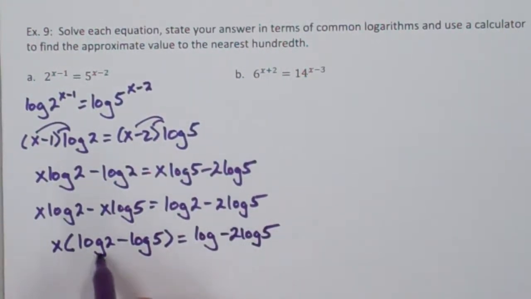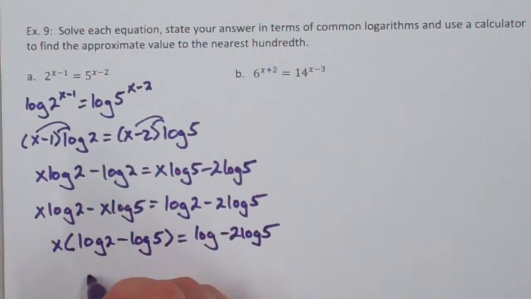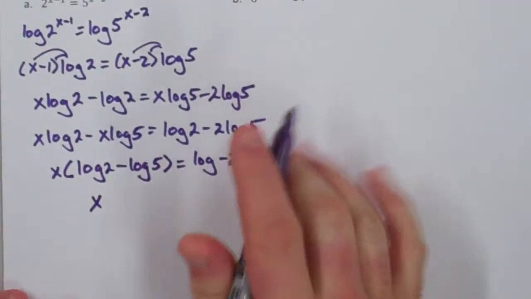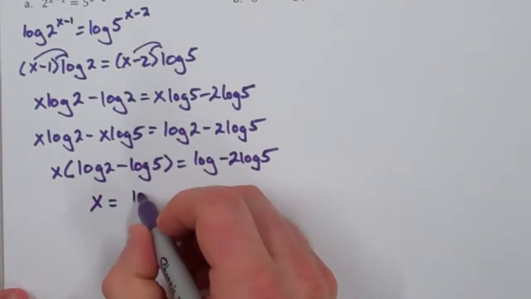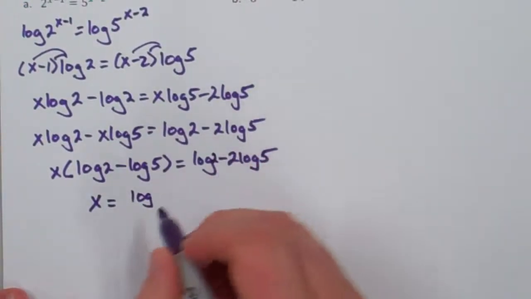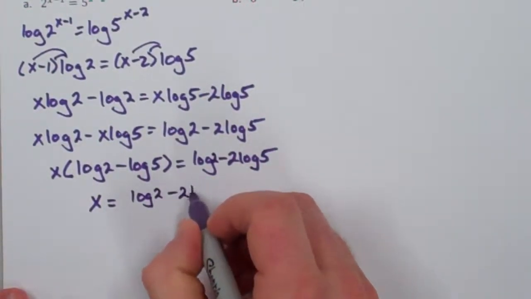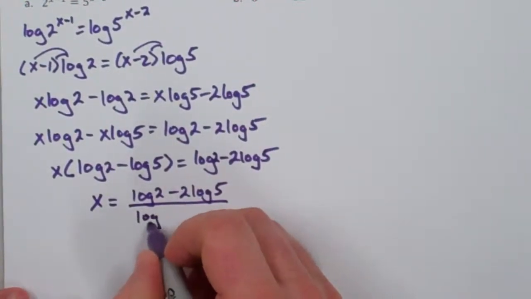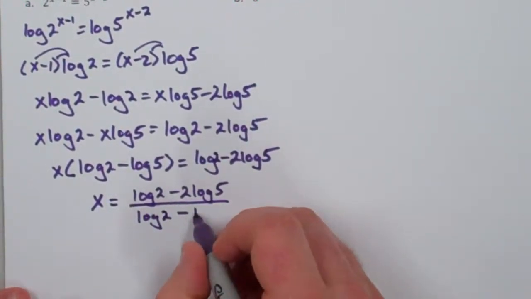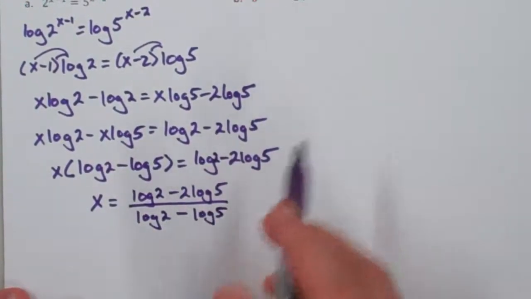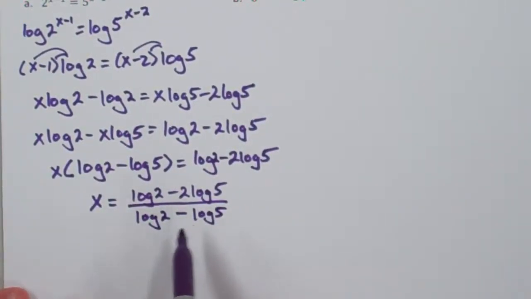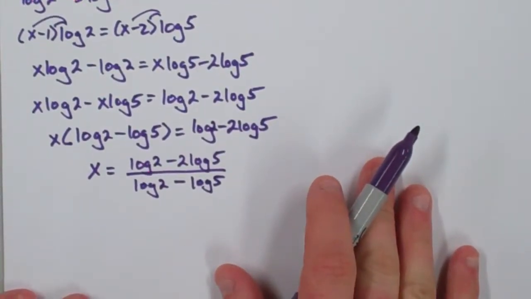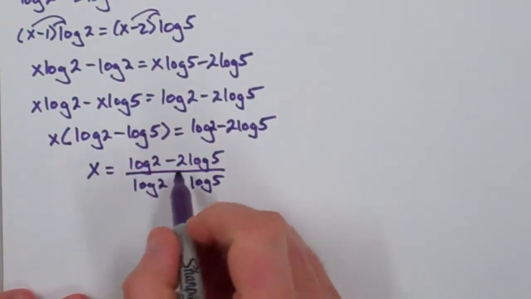We would divide each side by log 2 minus log 5 and get x to be, oops, forgot a 2 there, log 2 minus 2 log 5 all over log 2 minus log 5. You could write this down as your final answer. If you wanted to clean it up a little bit, you could clean this up, and you would have to